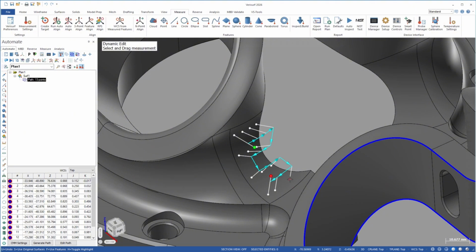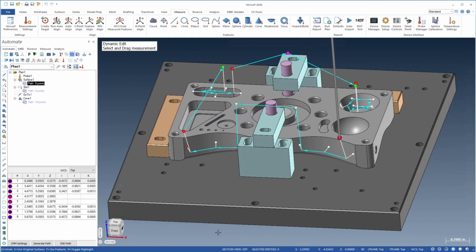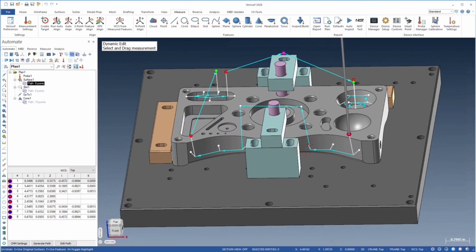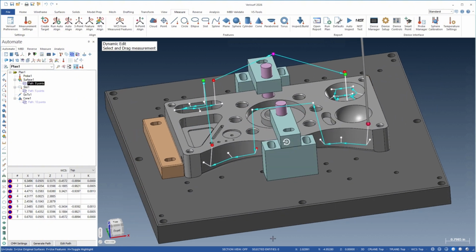Dynamic path editing lets you create inspection paths for parts with unique access limitations, construct features and analyses on parts with variable geometry, and avoid collisions with fixturing and manufacturing aids during in-process inspection. This new tool is available for 3 and 5 axis paths, as well as tactile scanners.